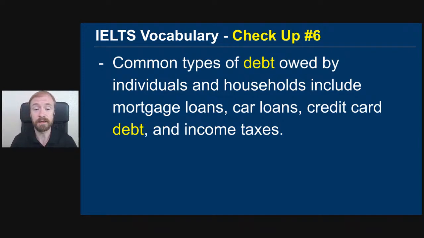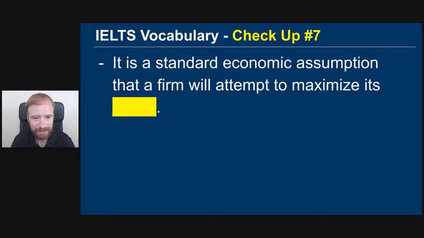Anyway, we're talking about debt or debts: house, your individual or household mortgage. You've got to pay the bank. You're in debt. You bought your house, you got a mortgage, a car loan, credit card debt. That's all debt. Remember the pronunciation: debt. Don't say that B. It is debt.